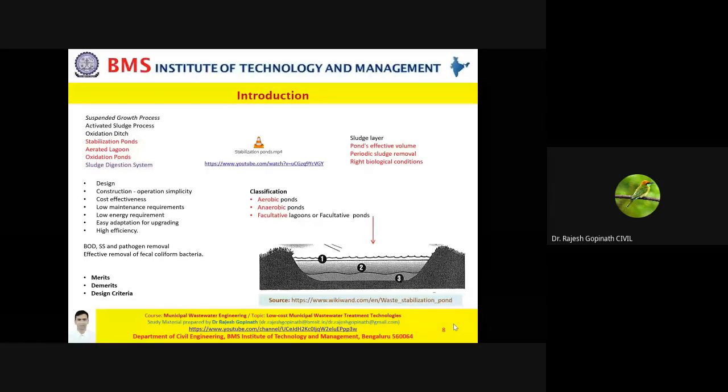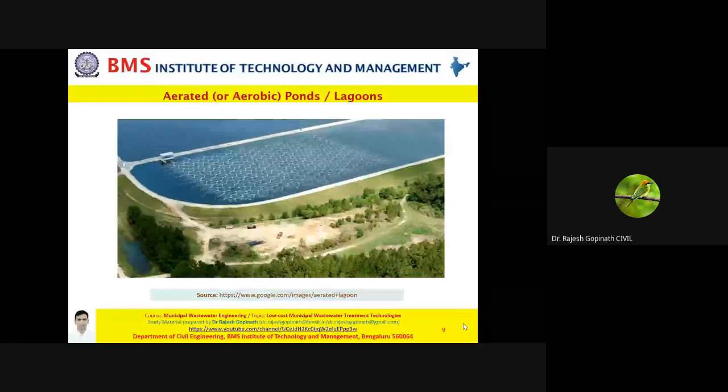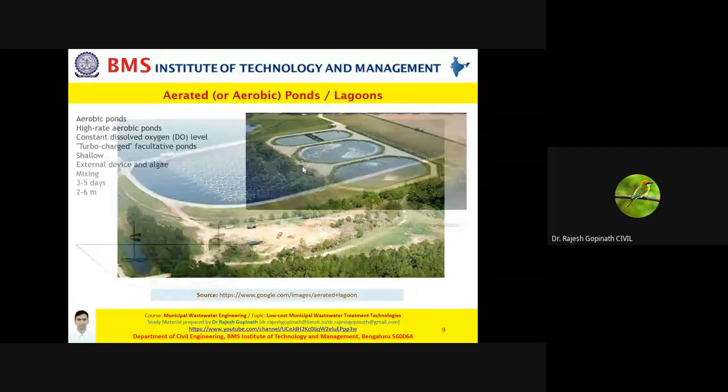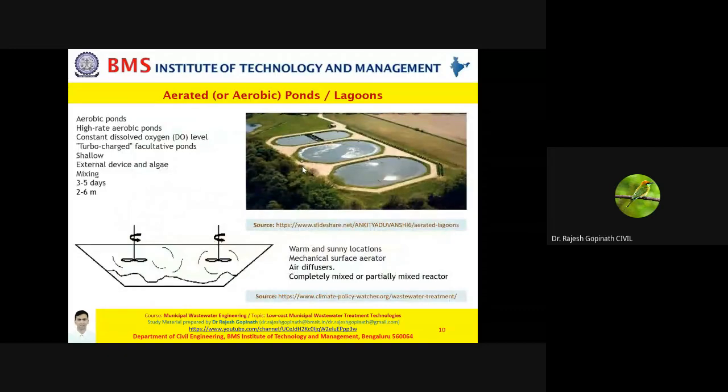With this basic introduction to what a waste stabilization pond is, let's start with the first type, and that would be your aerobic ponds or aerated ponds. You may also replace them with the word lagoons. Now, if you observe this image very carefully, you can see this is still water, but this pattern you see here is where aeration is taking place. So friends, this is a system wherein you are aerating it, probably using diffusers or a mechanical aerator. Let me give you some information about this.